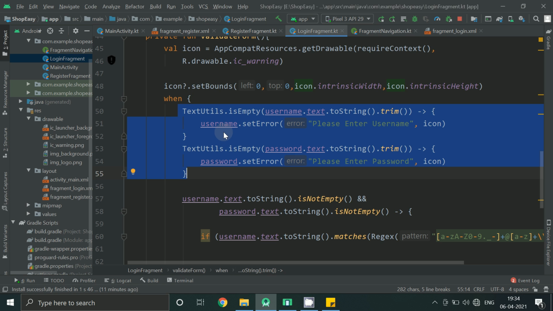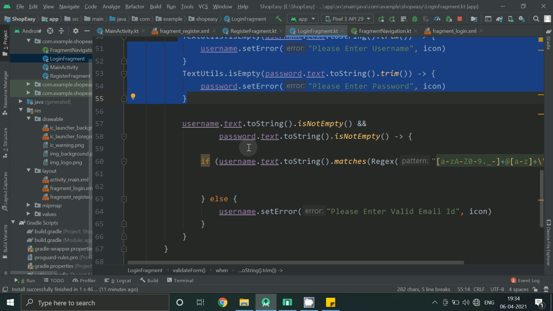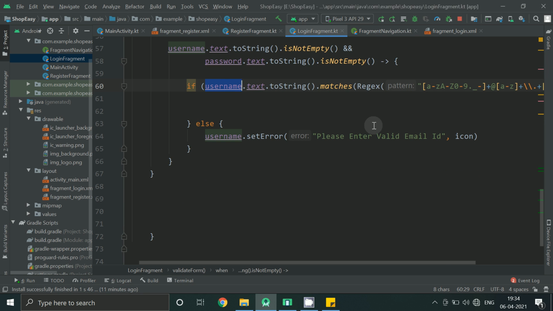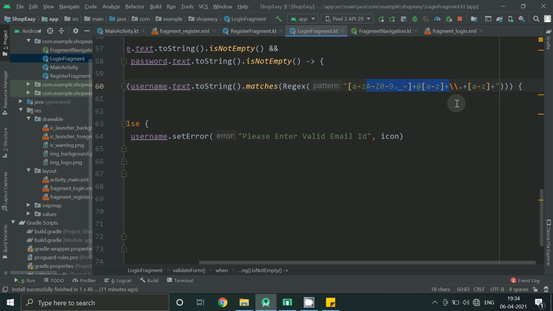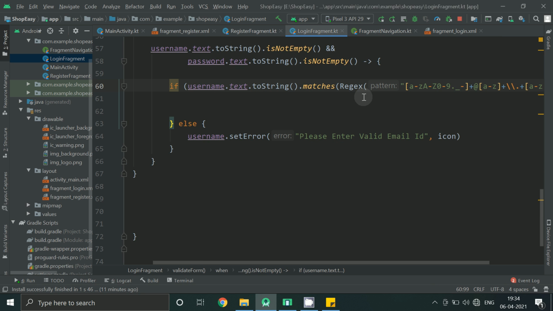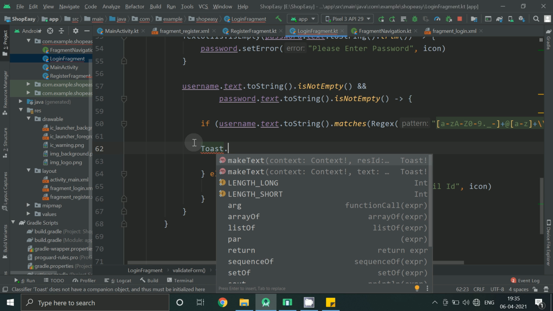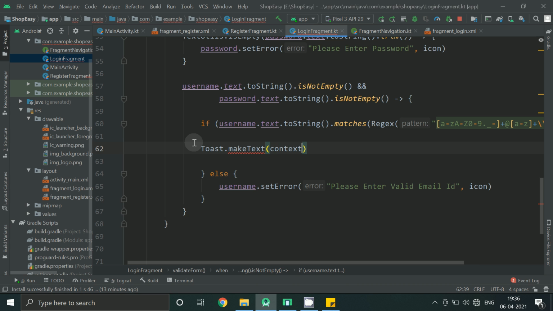So in the login fragment, we are checking if the username and password is empty. If it is empty, set the error message. If it is not empty, our username which we have entered in our app is matching with the regular expression for the email ID. Then for now we are showing a successful message.